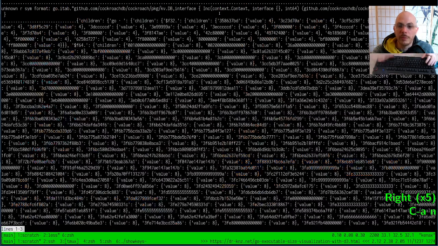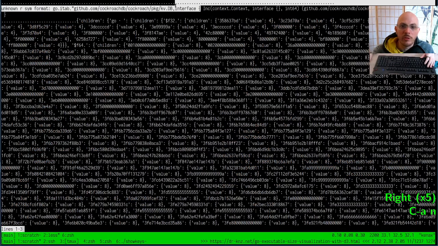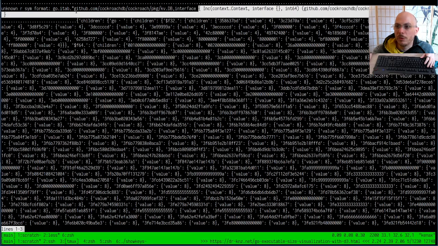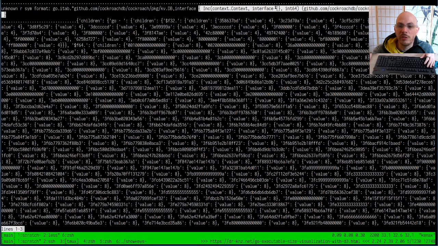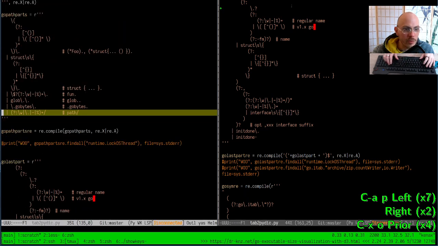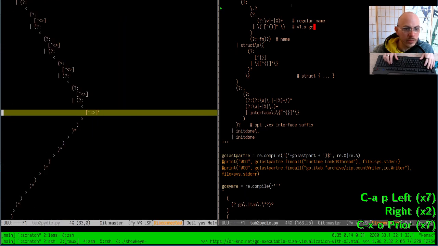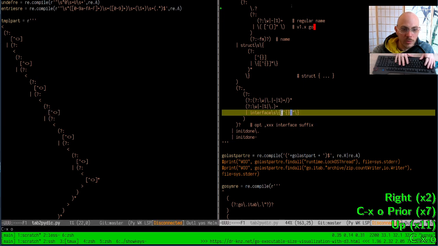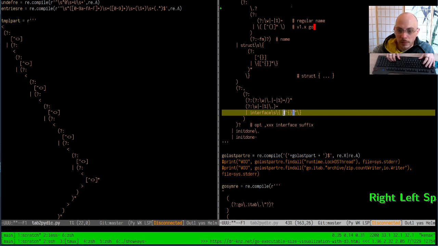So this regular expression is meant to match this interface something with something in between the braces that doesn't contain additional braces. But we see here one additional pair of braces. That's what it got confused by. And that's where we need to have one level more of indirection. So what we want is here something like either